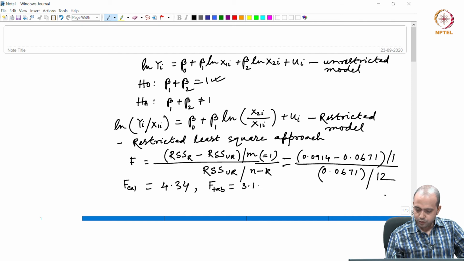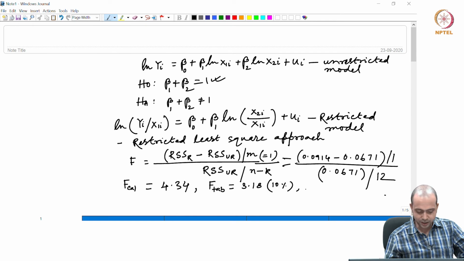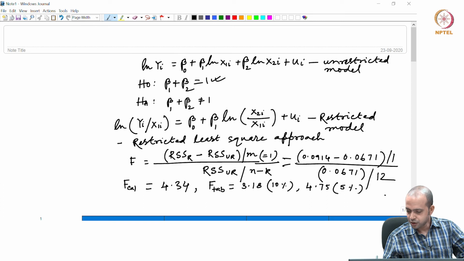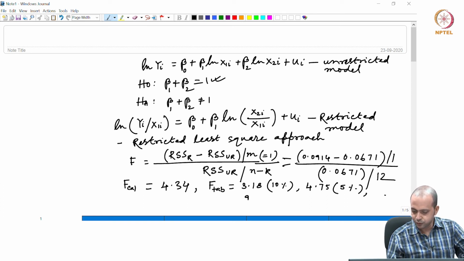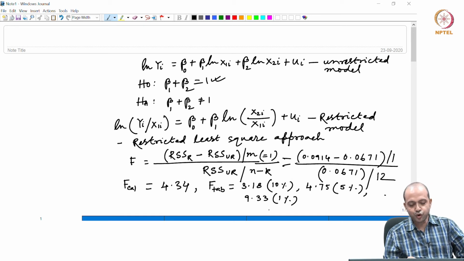3.18 at 10%, then you have 4.75 at 5% level of significance, and 9.33 at 1% level of significance. So now if you compare the calculated value of f with that of the tabulated value of f, you can easily understand that